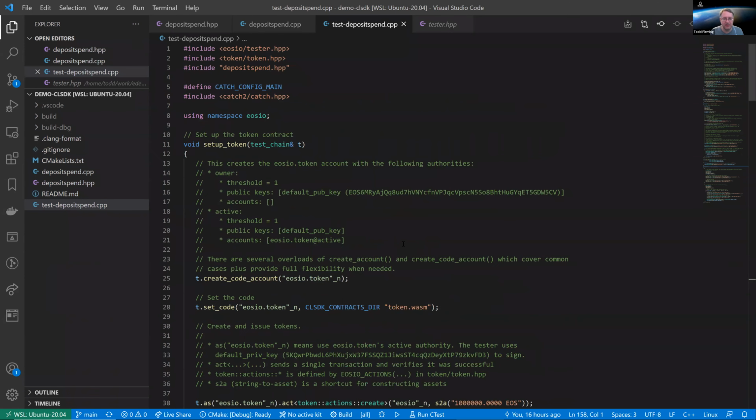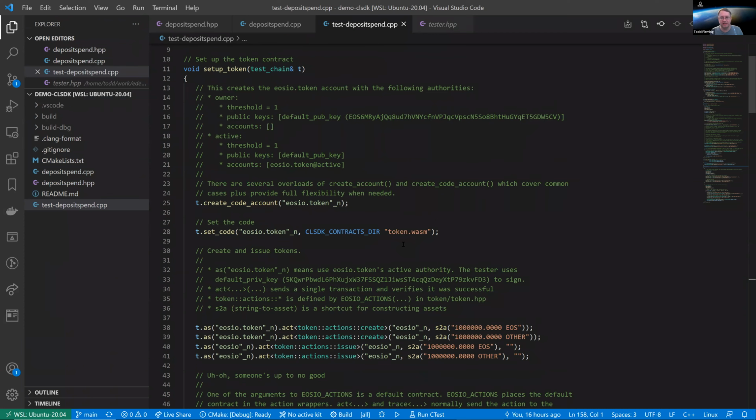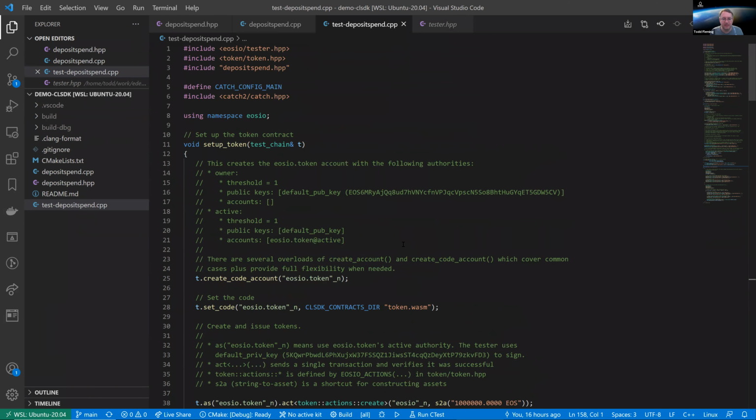But since it's C++, you can define a whole bunch of helper functions and classes before that point that those test cases can use. Here I have an example of setting up the token contract. This demo contract implements the deposit and spend pattern, and so it needs a token contract to talk to. So this sets up, on a test chain, the token contract. It creates the account for the token, and that includes setting active